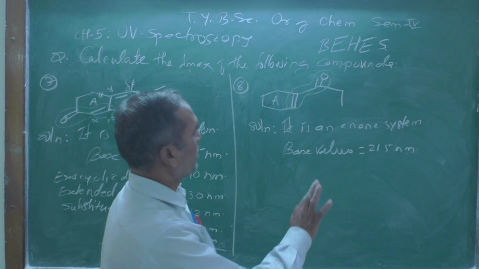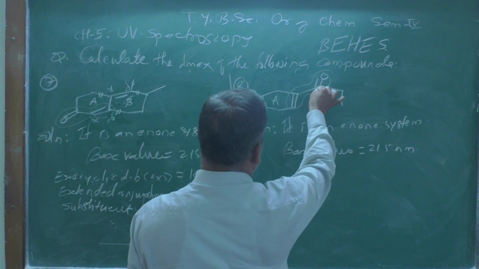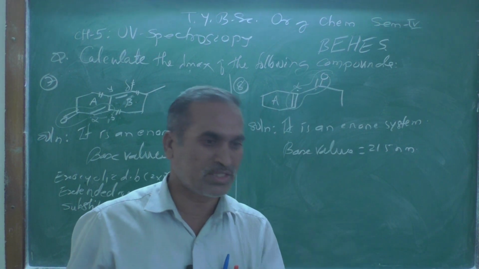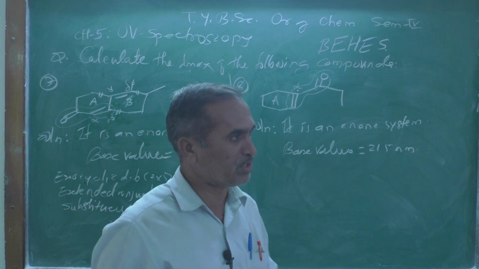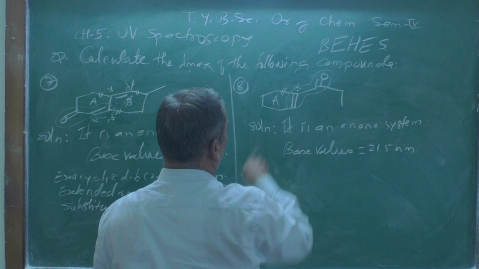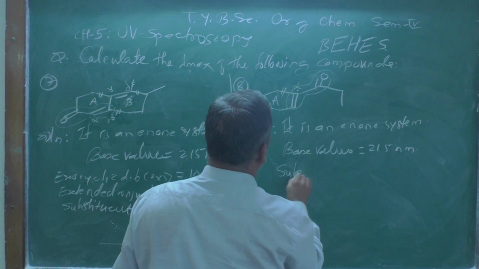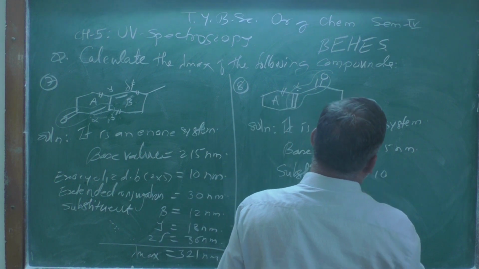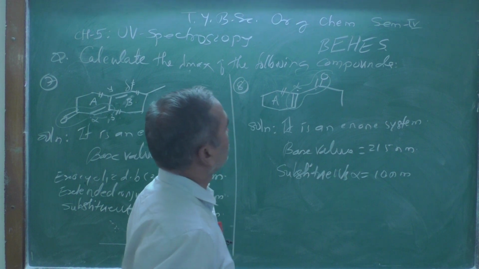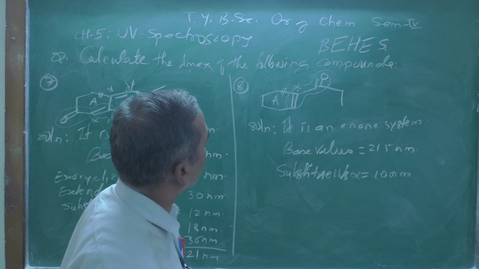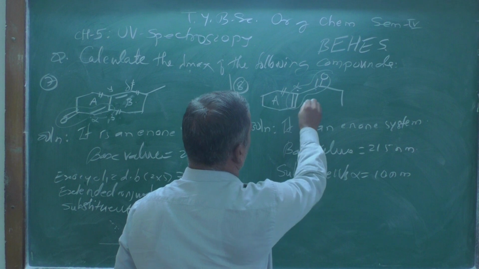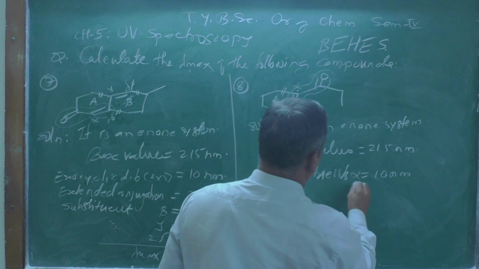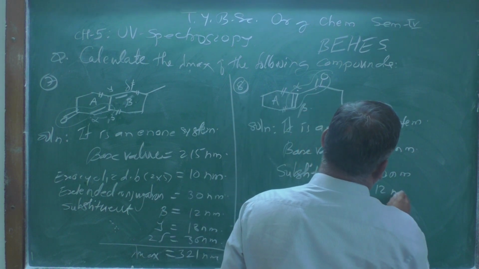Now the substituent. And as we know, this is a carbonyl group, and the adjacent carbon atom is termed alpha. Is there any alpha substituent present over here? Yes, look at this, this is a ring residue. So you can write substituents over here. So there is an alpha substituent present. You should add 10 nanometer in it. Then the next carbon atom is termed beta, and that beta has one substituent. So for the beta substituent you add 12 nanometer in it,